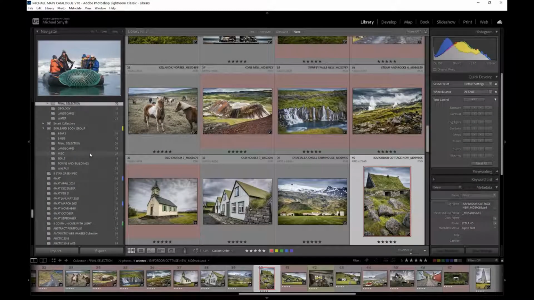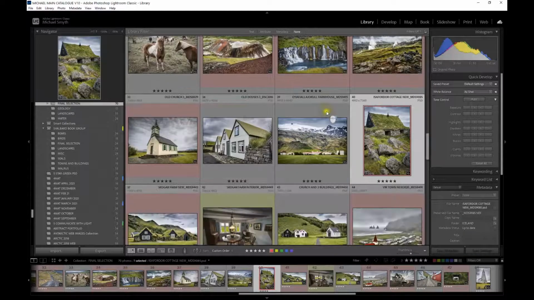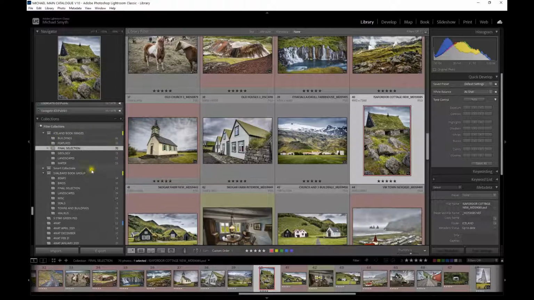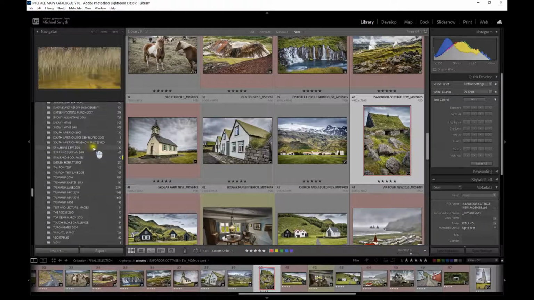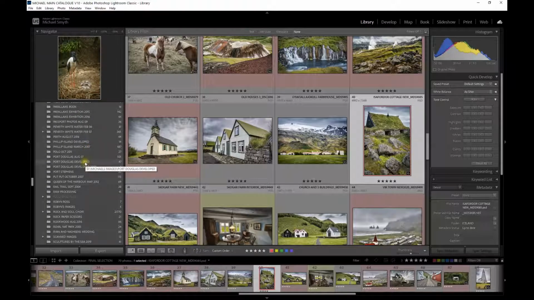Now once we've been through the book layout and gone in and saved each of our images into the book format and saved them off into that folder that we created for our final pages, we're now not going to be working with this collection anymore. We'll go back to the library and we'll import that folder with all of the final pages into our Lightroom